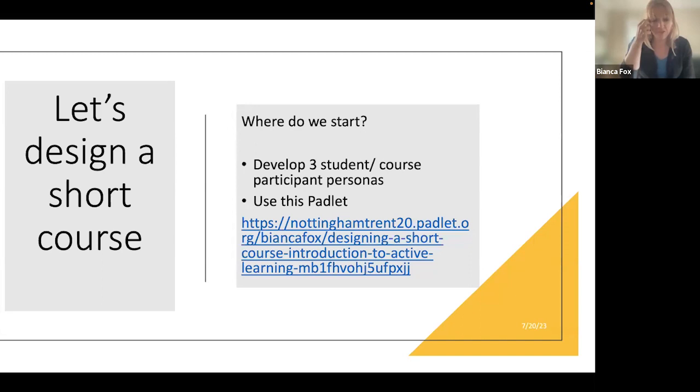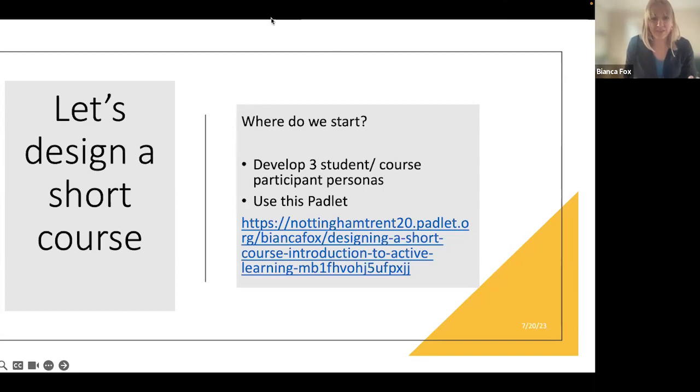Again, there might be a question here about what we understand by beginners. So will this be a level 4 course? Will this be a level 5 course? I would say let's aim for maybe a level 4 course if we want, although if we think about the target audience, it's not really going to be aimed at students. It's going to be mostly aimed at academics that are maybe at an early stage in their career, or academics that haven't used active learning before.